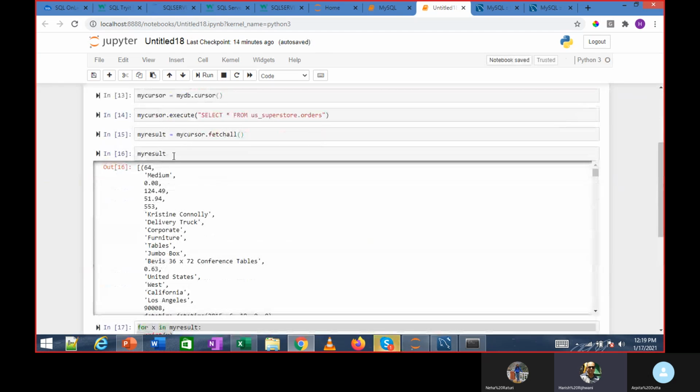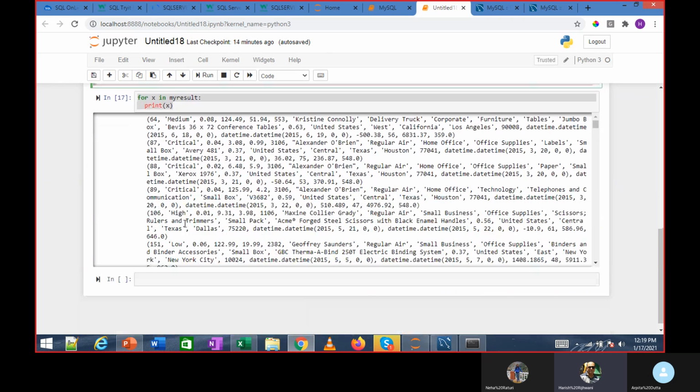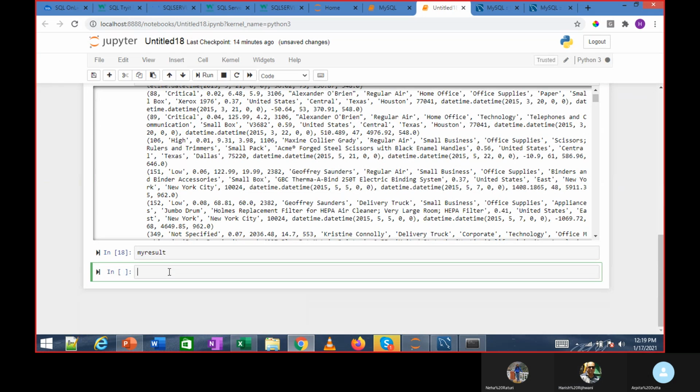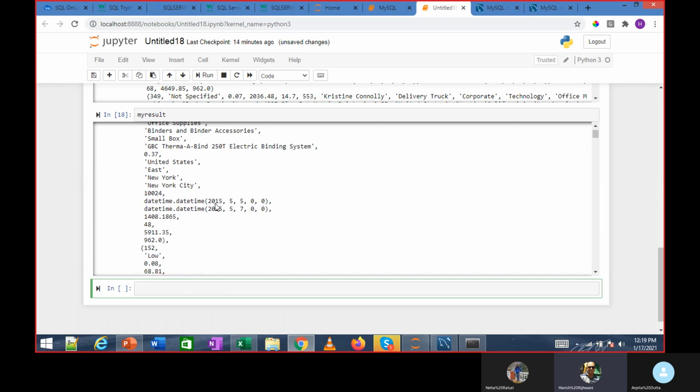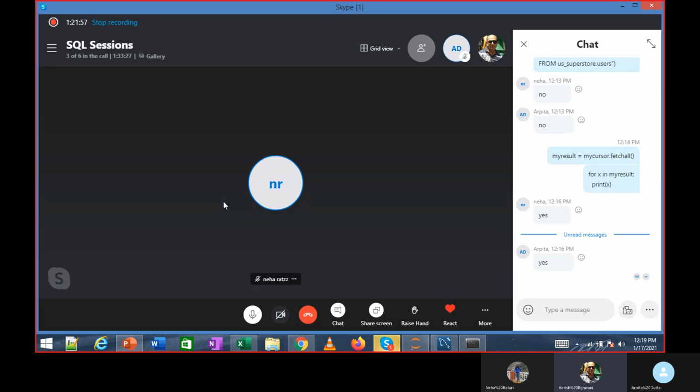So I have got my data. I can store it as a data frame or whatever I want to, right? I'm getting my data like this over here. I can connect to any database and I can get my data like this. And in Python, then I can analyze and do whatever I want to. Make sense?